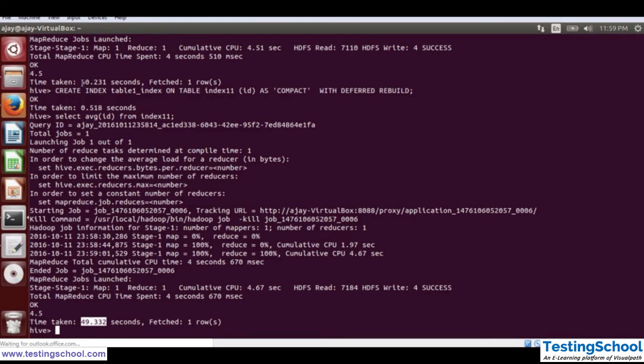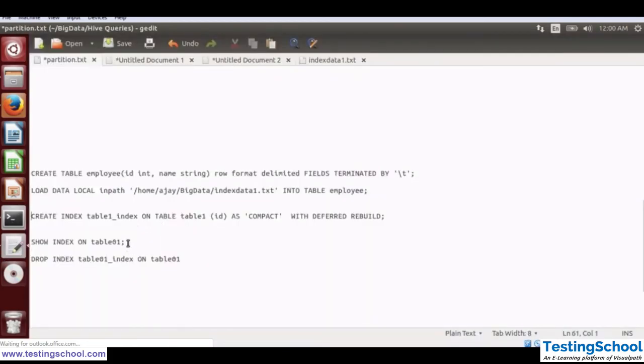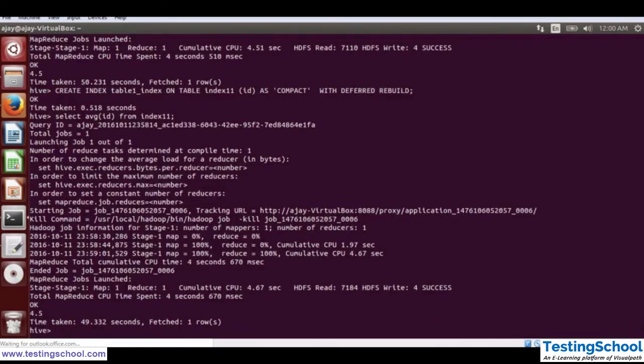On the other table where we don't have an index, it has already taken 50 seconds. Because we don't have much data, it has taken only a few seconds less than the normal one. So this is how you can execute your index query. In a similar way, you can show your indexes. It means if you want to verify which indexes are available on a particular table, you can use show